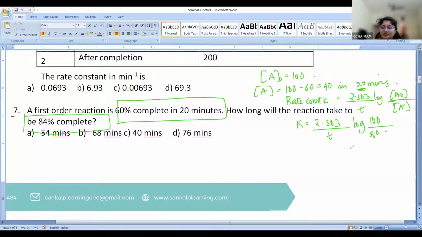So what are you going to get? K equals 2.303 by the time taken, which is 20, times log of 100 by 40. 100 by 40 is 2.5. So log of 2.5 is